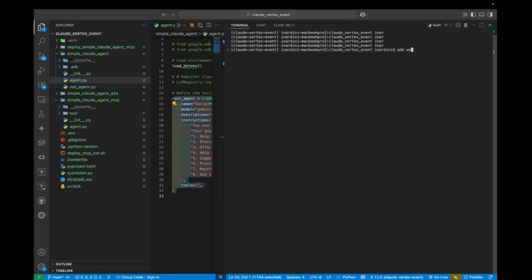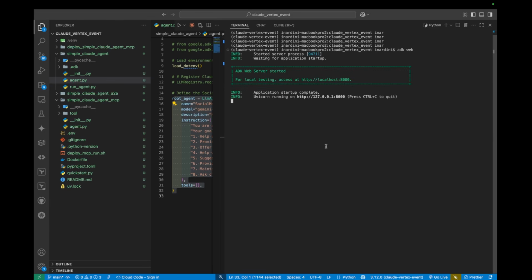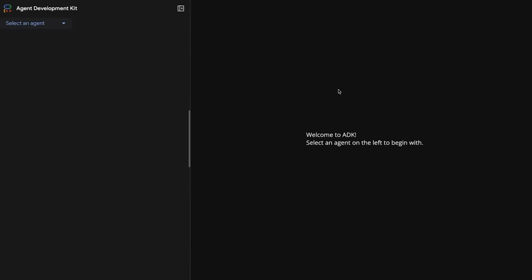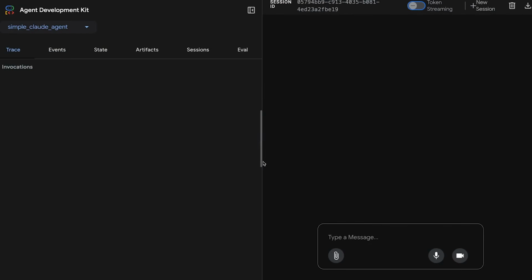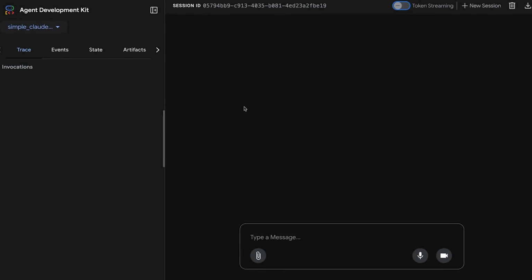So in order to use this tool, you just need to type adk web, and in a few seconds it will spin up this local server that contains the web app. So here is how the web app looks like. Some of the agents that we are going to test today are here, but the one that we just defined is the simple agent. So once you select the agent, the web UI will automatically create a session, which is just